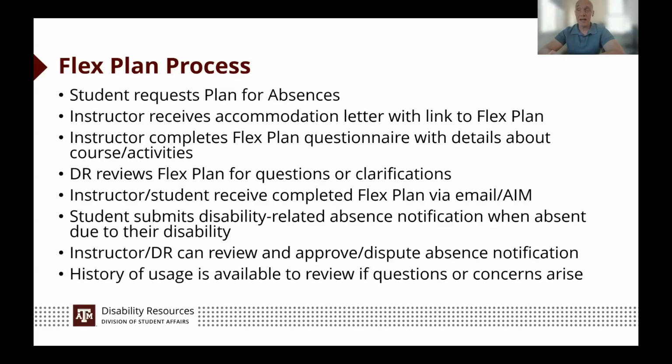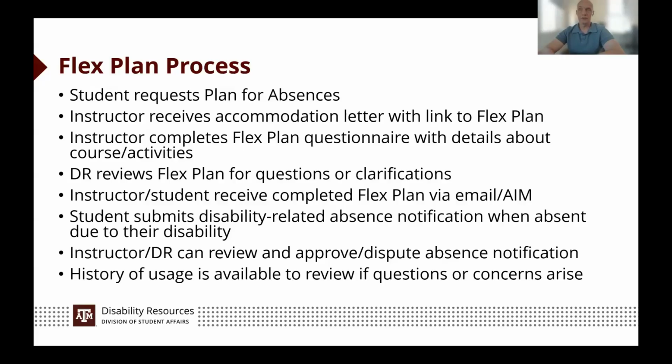And when a dispute happens, that brings us into the discussion. The student's access coordinator reaches out to you. Let's get a little bit more information. They reach out to the student: "Hey, what's going on? Your instructor said this. Can you tell me a little bit more?" And we enter that resolution process so that we're collecting all of the facts, giving you information, to then make a final decision. Generally that's us saying, "Hey, instructor, you're right.